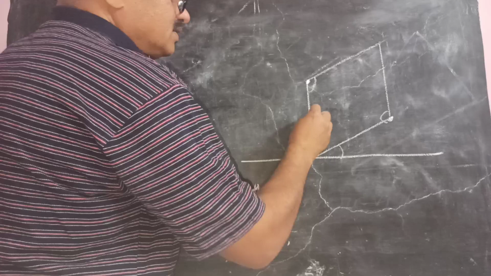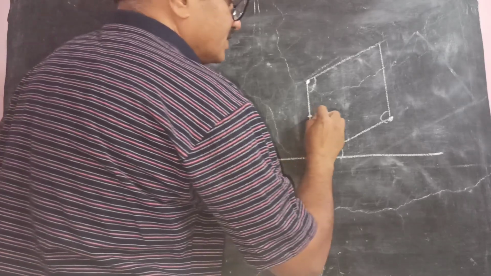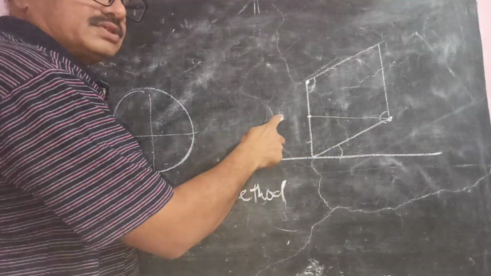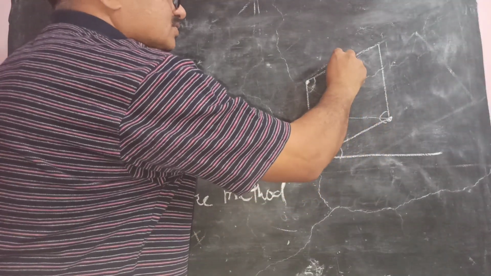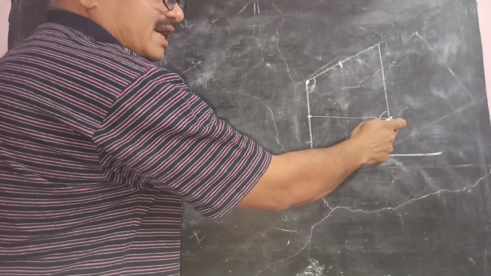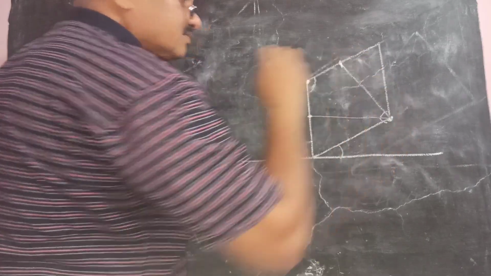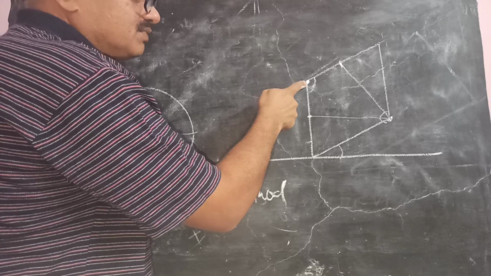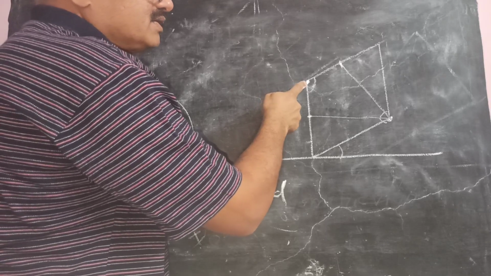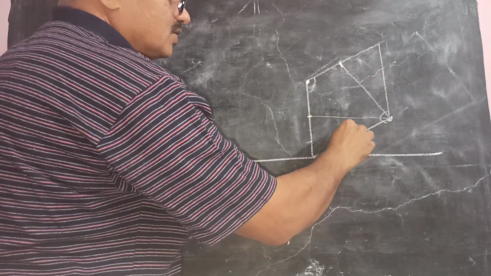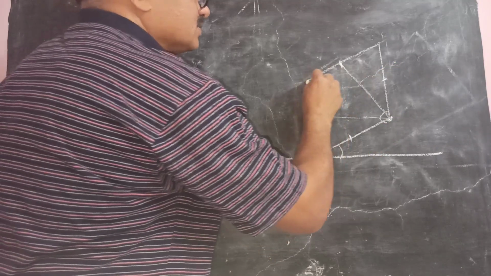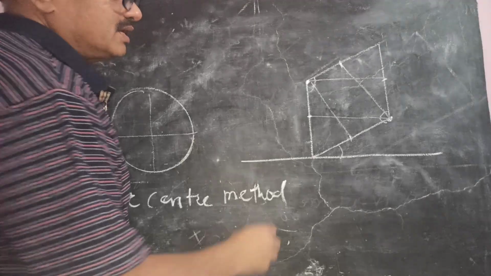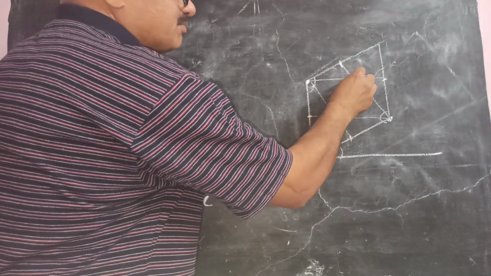So from here, draw a very faint line to join the midpoint of the opposite line of this 120 degrees. So these are the two opposite lines of this angle. You can join this. This is also a 120 angle. So this 120 degrees is having the opposite lines at this and this. So join the midpoints of this from here. Now we have got two intersection points here and here.